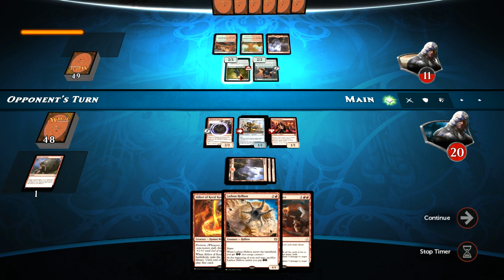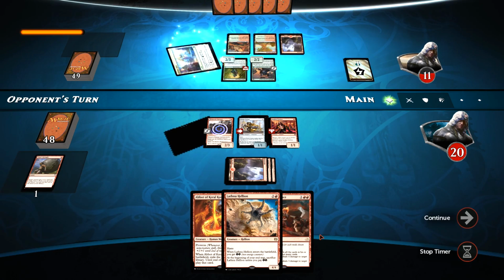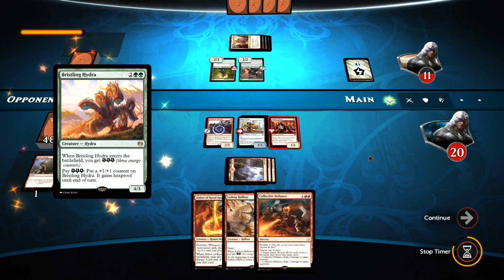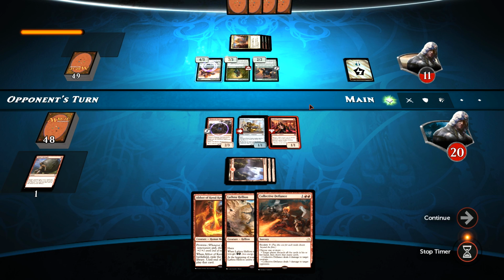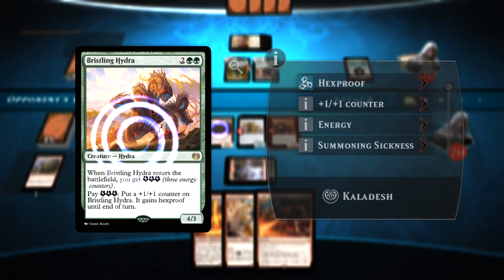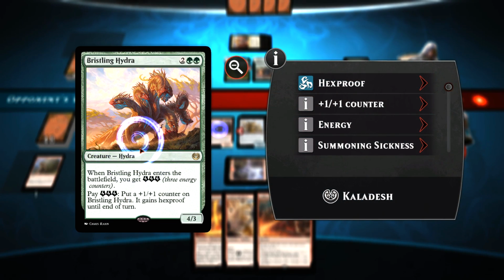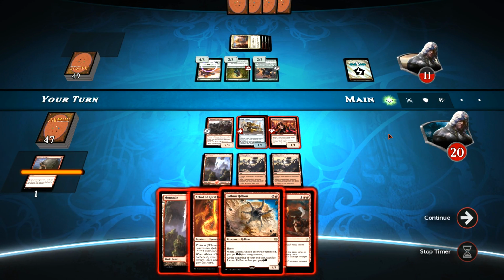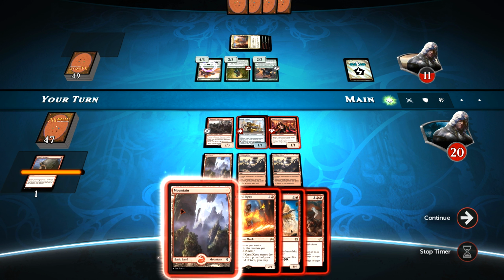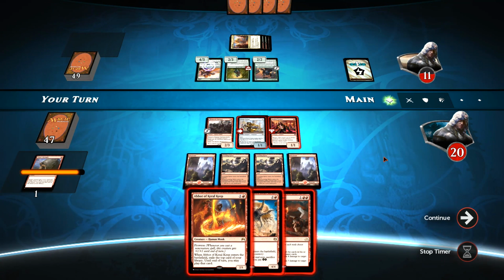Next turn, hopefully, we can kill this Advocate or whatever relevant threat comes up. An untapped land would be an excellent draw here. That Hydra is also a problem. We can't kill it, as they do have energy to spend to give it a +1 counter and hexproof until end of turn. We did, however, draw an untapped land, so we are going to play that,